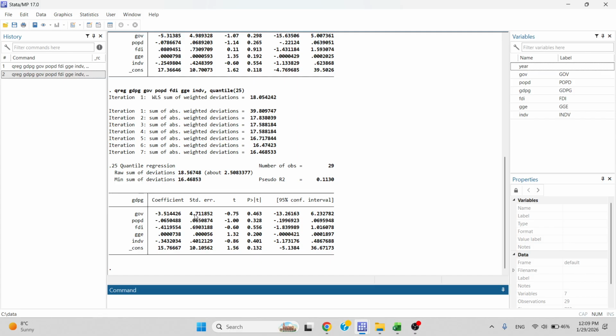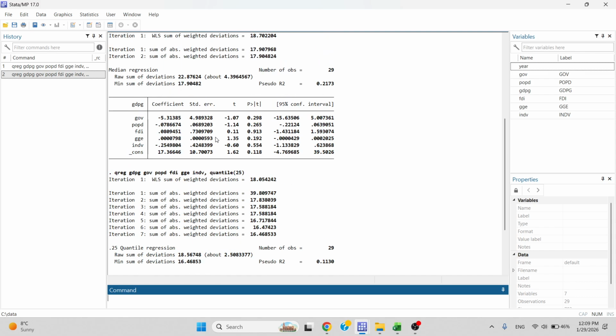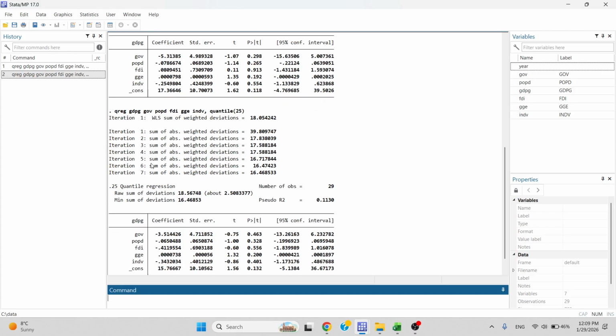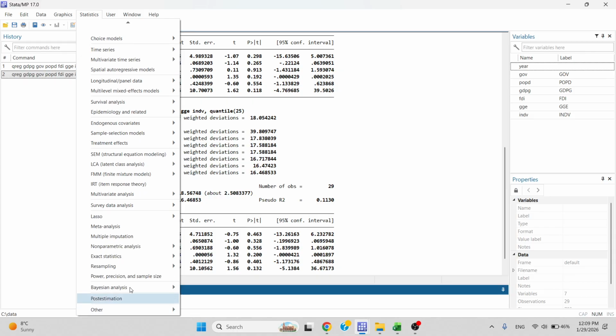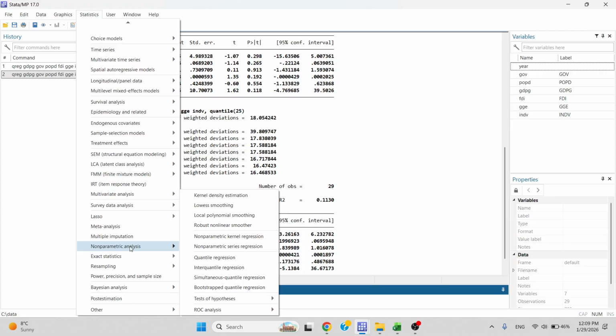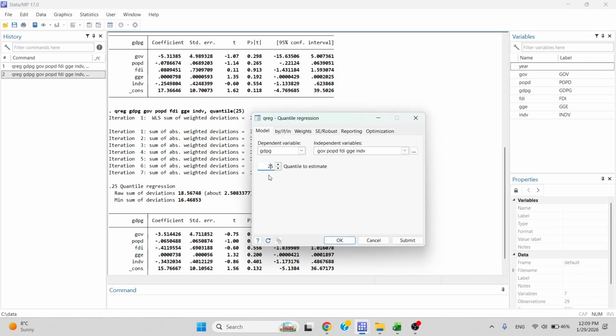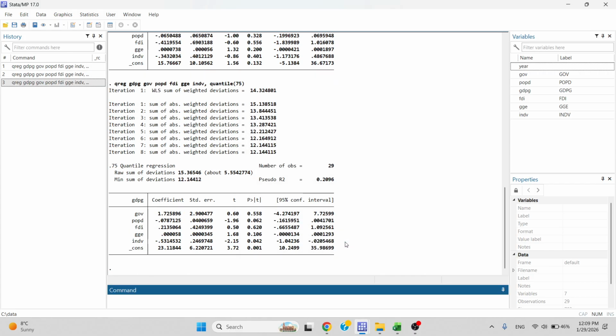So this is how we are distributing our data set. Above we have distributed our data into half, or the median, and now we have taken the 25th, or one quarter. Similarly, you can apply this to the 75th percentile: non-parametric analysis, then go to quantile regression, and this time we are going to take the 75th percentile. Now you can see that it has given the result for the 75th percentile, and again pseudo R square changed,